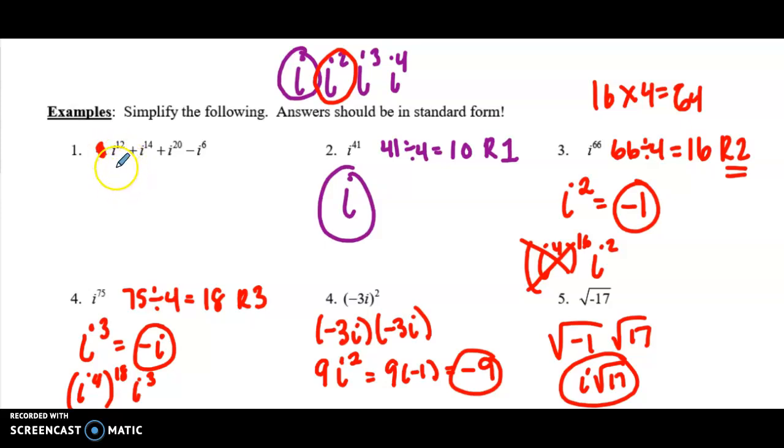Okay, so for this one, i to the 12th, you can divide by 4. 12 divided by 4 is 3, a whole number. The remainder is 0, so i to the 12th is just the same thing as 1. i to the 14th, when you divide that by 4, you get a remainder of 2, so that's going to be i squared. i to the 20th, you divide that by 4, that gives you 5, so that's 1. And i to the 6th, when you divide that by 4, that's 1 with a remainder of 2, so that's i squared. So this becomes 1 minus 1 plus 1 minus, and then i squared is the same as -1, so your final